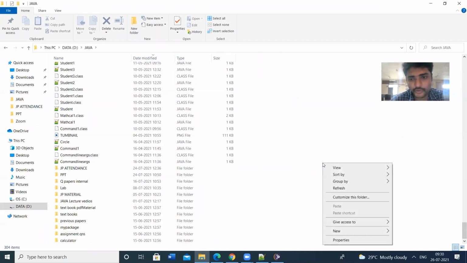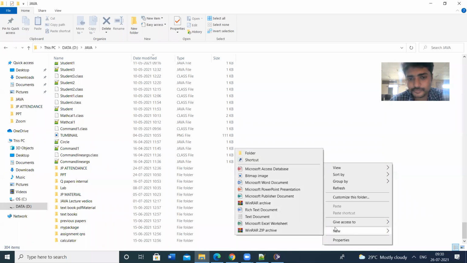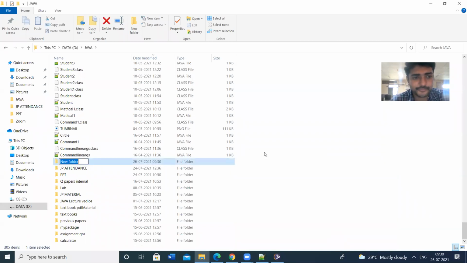The folder name should be the package name. If you are going to create the package calculator, then the folder name should be calculator. The package name should be in lowercase letters, not capital letters. That is the convention we use.